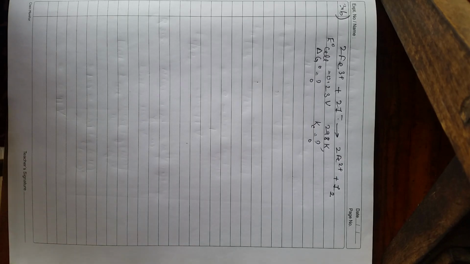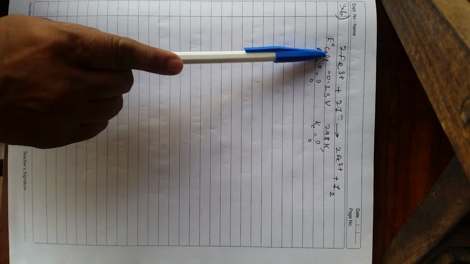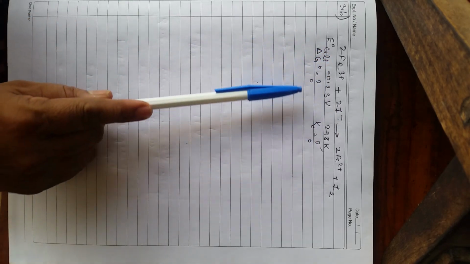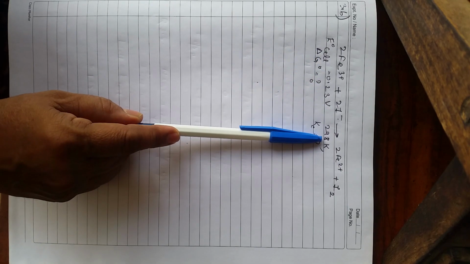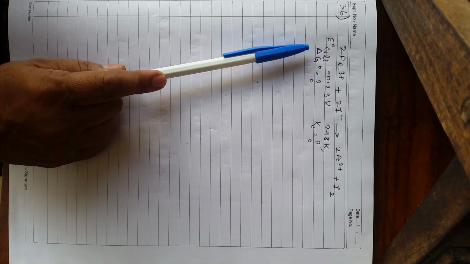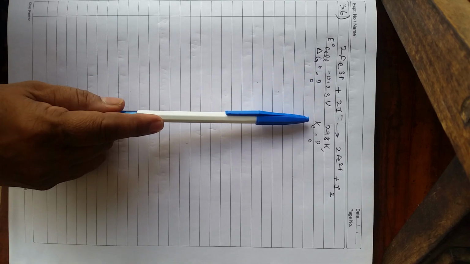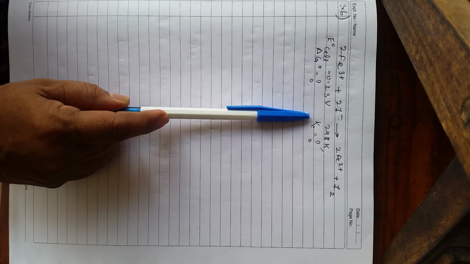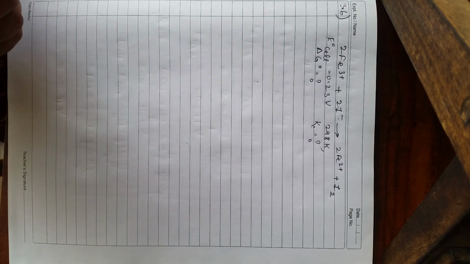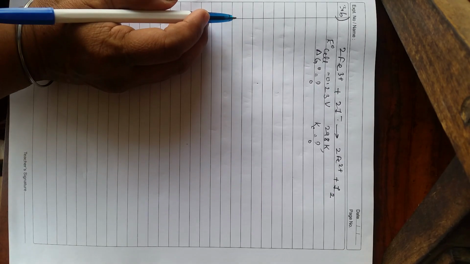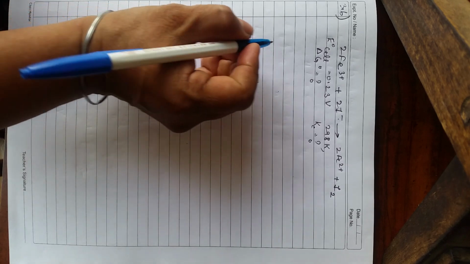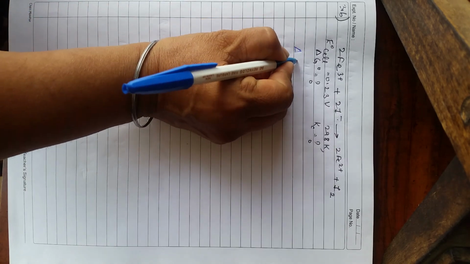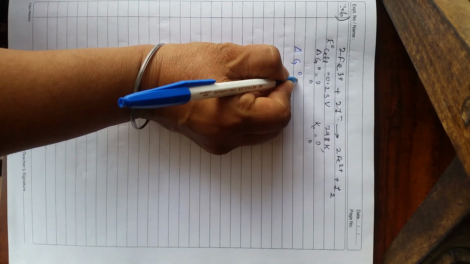Now we'll do question number 3.6, where the cell reaction is this. E naught cell is given, temperature is given. We are asked to calculate standard Gibbs energy and equilibrium constant. Okay, so we know the relation between delta G naught and E naught cell is delta G naught is equal